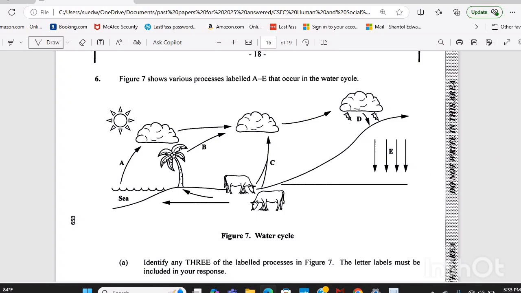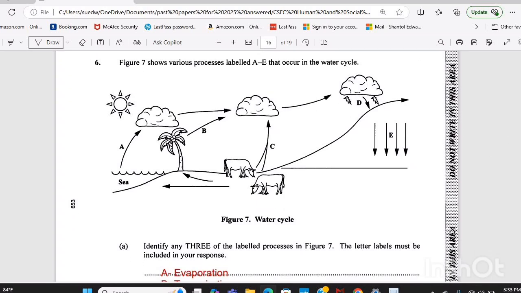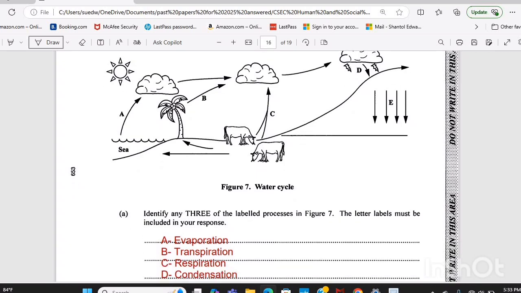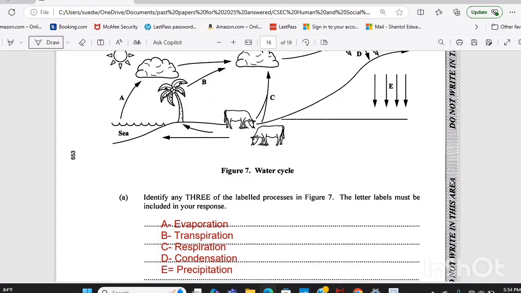All right. Now, A would be liquid going to gas. So we have evaporation from the sea to the cloud. B would be some transpiration because it's coming from the plant, water leaving the plant. C would be respiration, some water vapor leaving the animals once they are respiring. D would be condensation. Whatever the cloud is giving off would be condensed, right? So we would have the air forming water droplets, right? We see lightning, so it must be some rain. And E would be